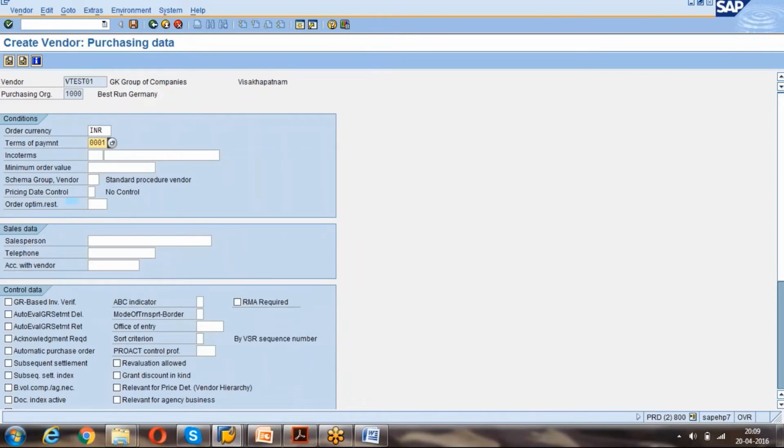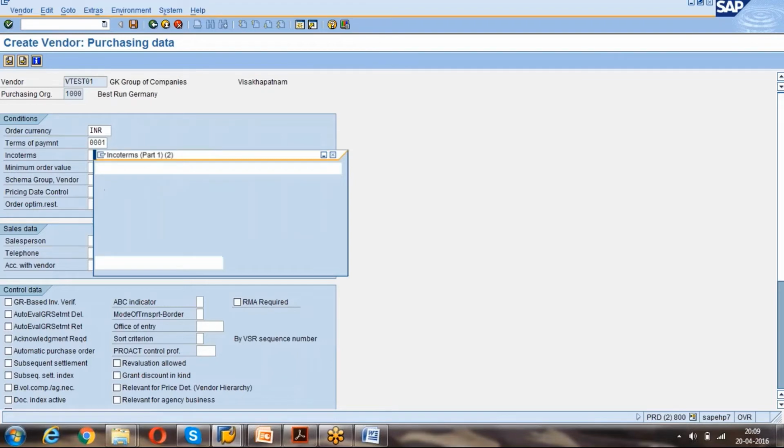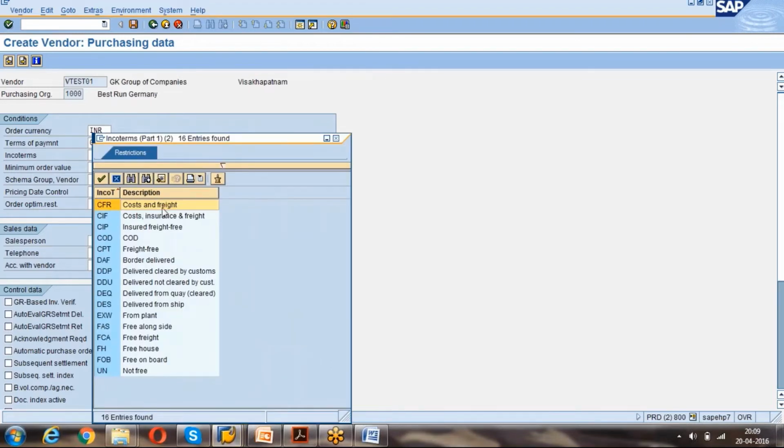We can maintain them here. And Incoterms, these are the Incoterms which are provided by the government, like cost and freight, cost insurance. It's like who will pay the insurance and who will pay the cost. For example, while a truck is coming to the customer place, in between an accident happened and 80% of the goods were damaged. Who will pay that insurance, who has paid that insurance, and who will pay those losses. All those terms and conditions are given by the national government. Those are called Incoterms. Incoterms means international commercial terms.